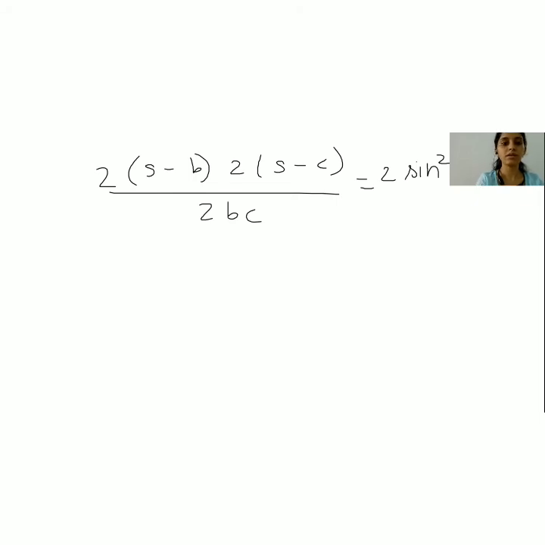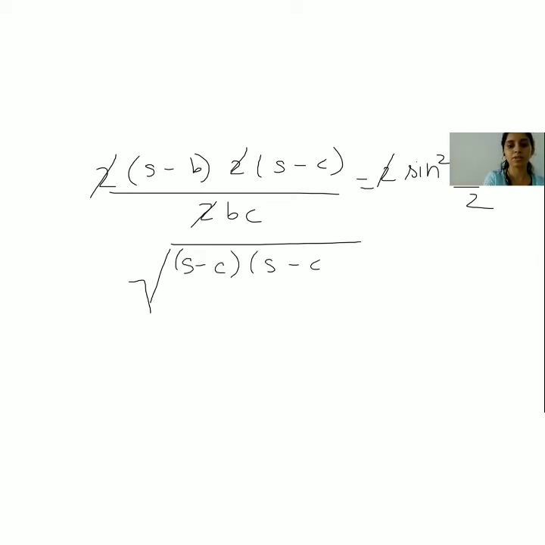Okay, so the 2 cancels out here, the other one cancels out here. Taking square roots on both sides, you will have the square root of S minus C and S minus B upon BC equal to